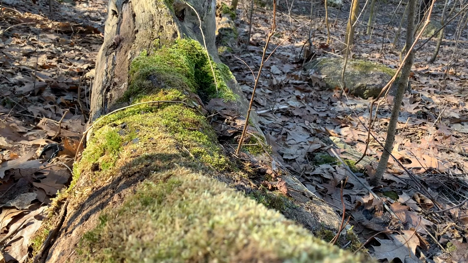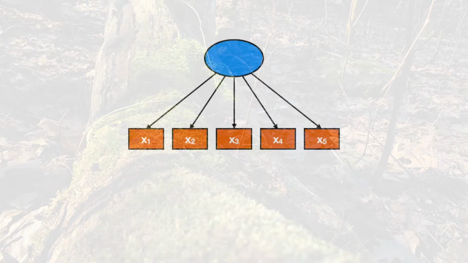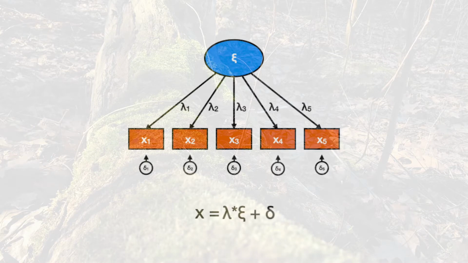With confirmatory factor analysis, you assume that your measured variables are manifestations of a specific number of factors. In the simplest case, let's say you assume there is one factor, measured with 5 variables. The factor is an unobserved variable. We assume the factor caused the observed variables to some varying degree and with some error.